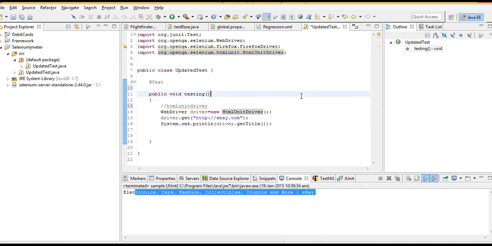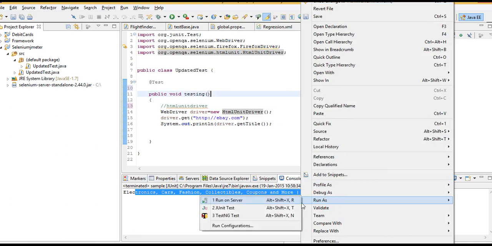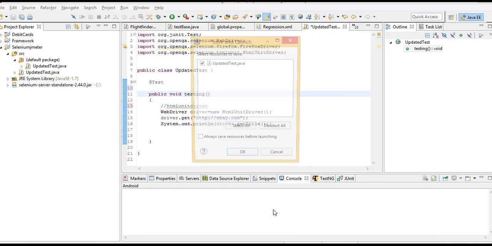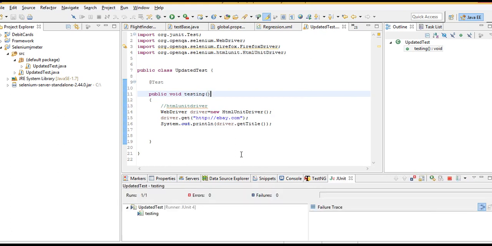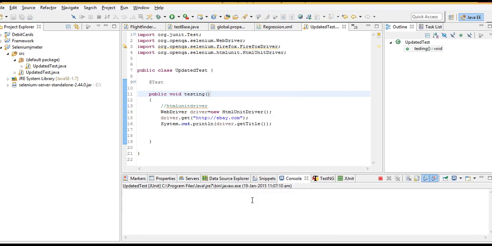Now I'll run this test case as a JUnit test. I'll see the same output here without opening the browser, and it will be very fast compared to Firefox. It took about a minute with Firefox, and you can see that you already got it within 10 seconds.